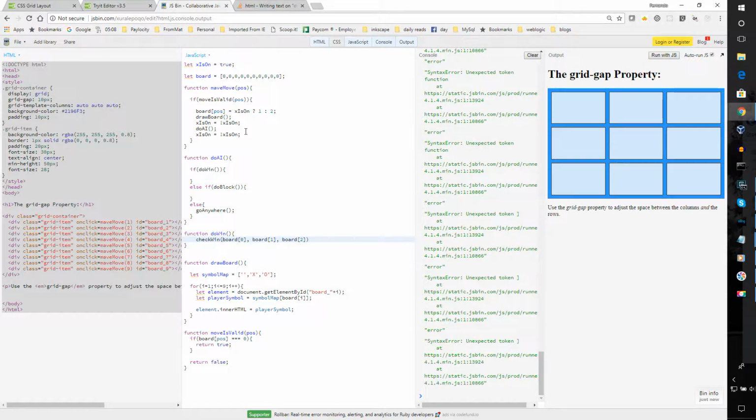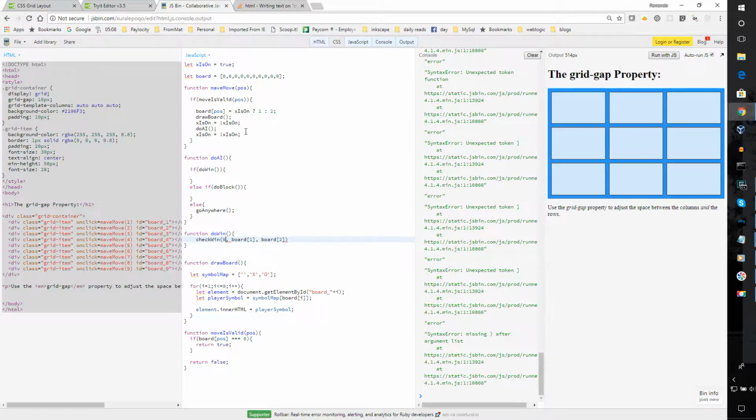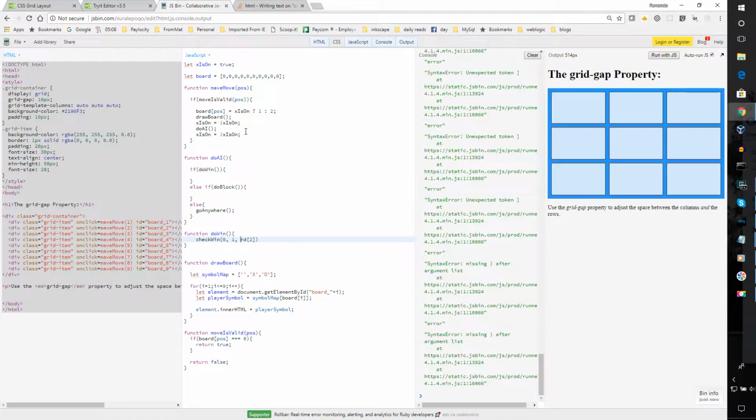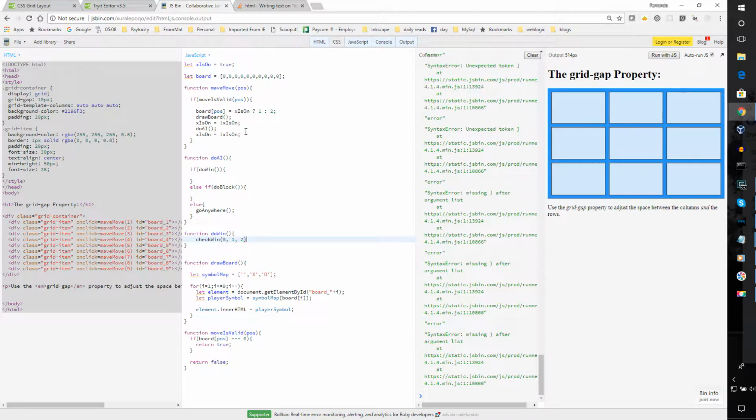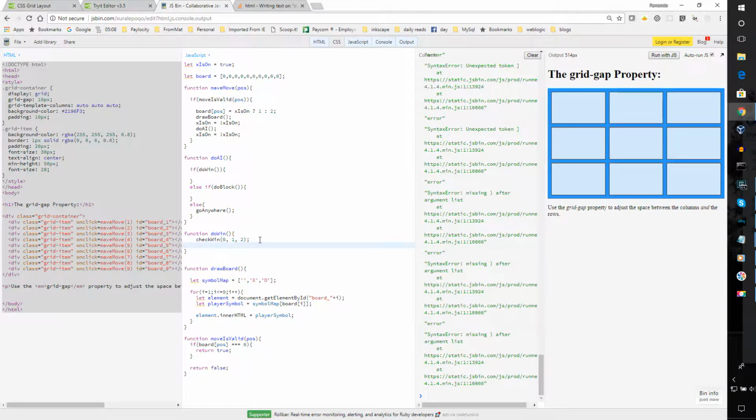And actually, let's not pass it the board, let's just pass it the indexes. So we pass it the indexes. CheckWin, that's across the top row, 0, 1, and 2. That's these elements, 0, 1, and 2. We can check if we win there, and then we can check